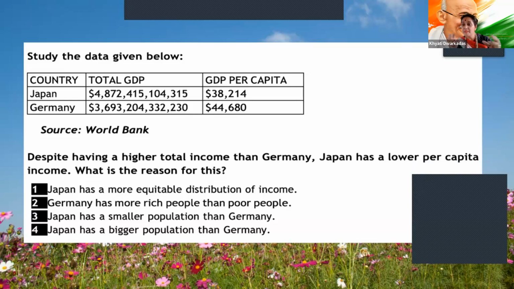See the number of competencies this kind of question is testing. It is an inference-based question, double MCQ, because there is data given and you have to interpret the data. It is testing a whole lot of competencies, whether the child knows what is GDP per capita. All of this is in the first chapter of economics grade 10. Apparently, the countries have been changed and the application base of the question is very high.